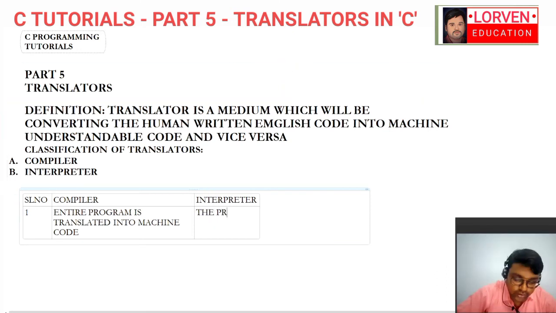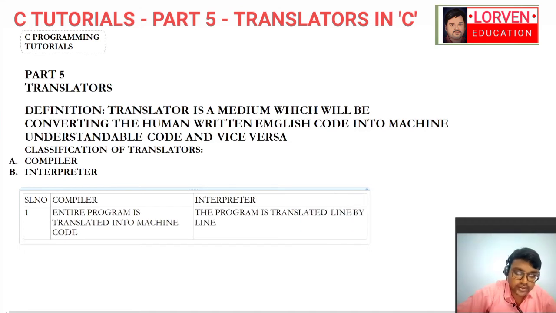The program is translated line by line. This is the point to be noted. In a compiler the entire program will be translated, and in an interpreter every program, irrespective of the size, will be translated into machine understandable code line by line. So this is point number 1 to be noted.